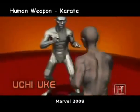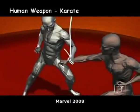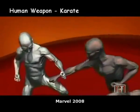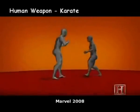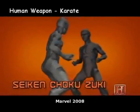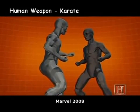It works by taking the opponent's blow at an angle, which deflects the energy of the blow away from the vulnerable torso. The harder you block, the further his blow will be deflected, and the more open he'll be to a counter strike. Rotating your fist 180 degrees right before it strikes the intended target,